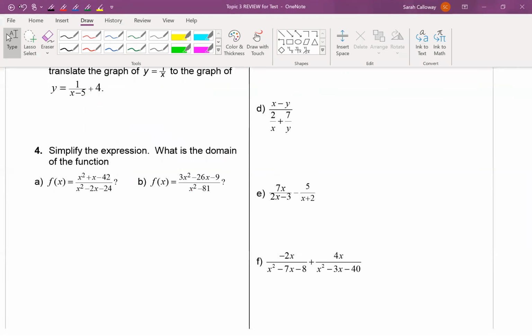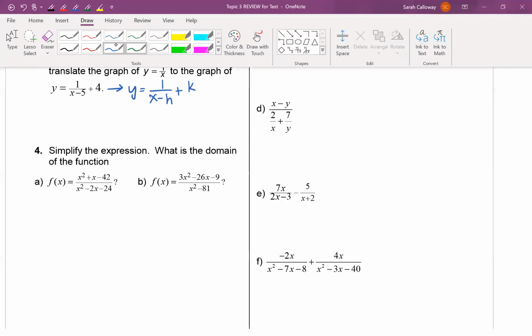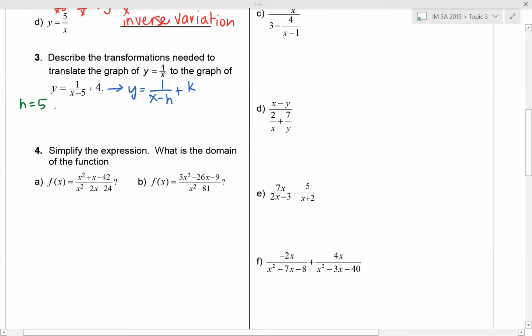x to the graph of y equals 1 over x minus 5 plus 4. So remember that we're thinking about transformational form, which would be y equals 1 over x minus h plus k. So looking at this, according to our equation that we were given, h is 5, which means that it's going to the right 5,